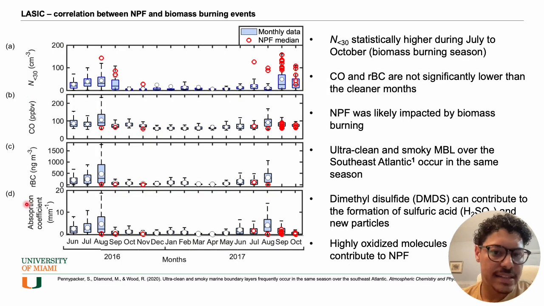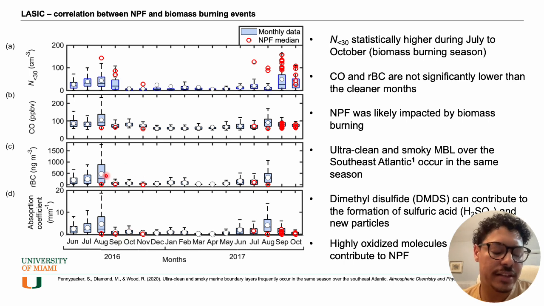Here we examine the seasonal variation of newly formed particles, CO, rBC, and absorption coefficient measured at Ascension Island. The results show that N below 30 is statistically higher from June to September 2016 and from July to October 2017 compared to the period of October to June 2017. Interestingly, this period corresponds to the times when Ascension Island is influenced by the long-range transport of African biomass burning plumes. The lower rBC and absorption coefficient during the NPF event